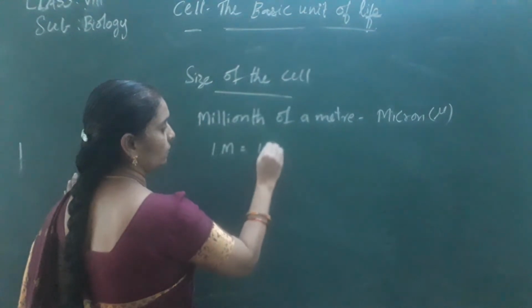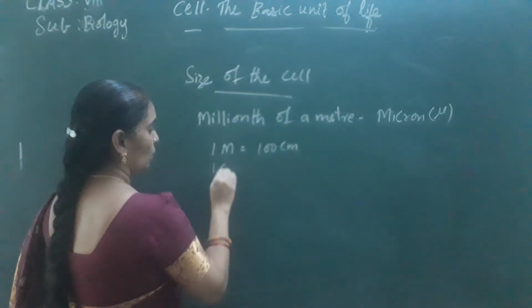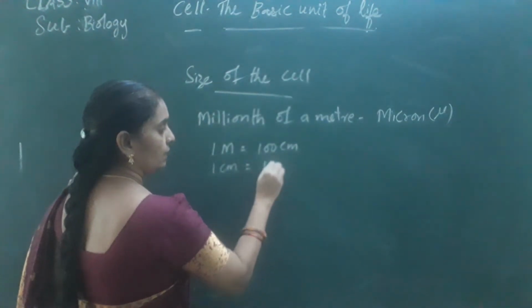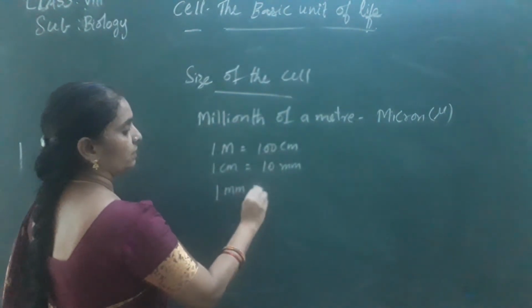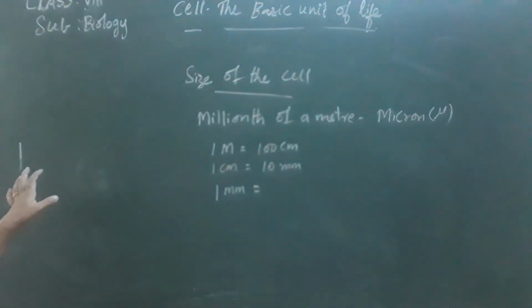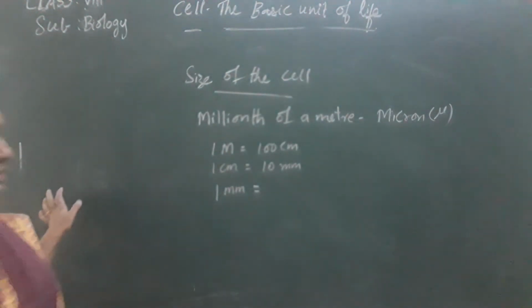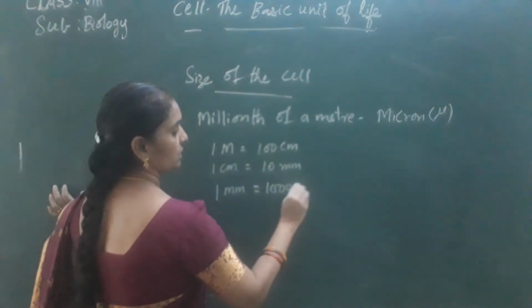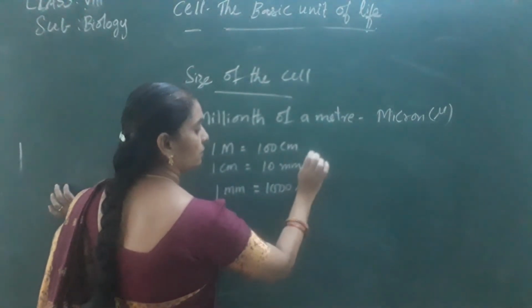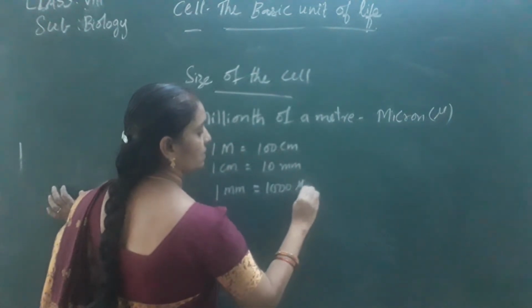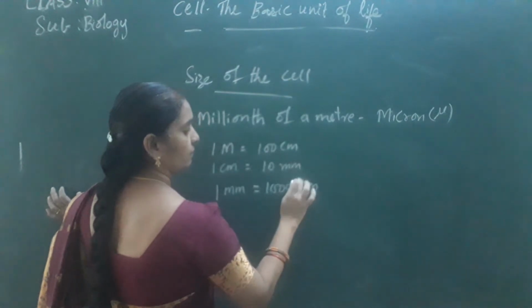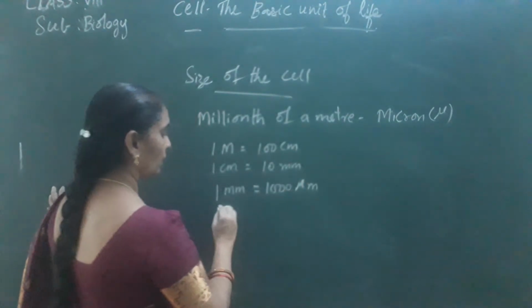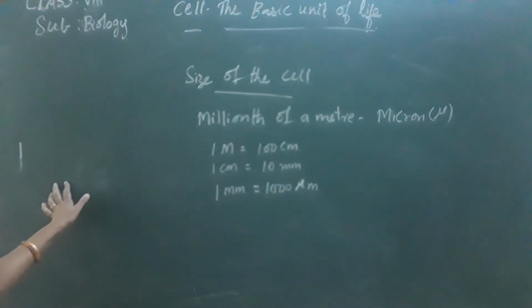And 1 millimeter is equal to 1000 micrometers. You have to write it like this. 1 millimeter is equal to 1000 micrometers, and 1 micrometer is equal to